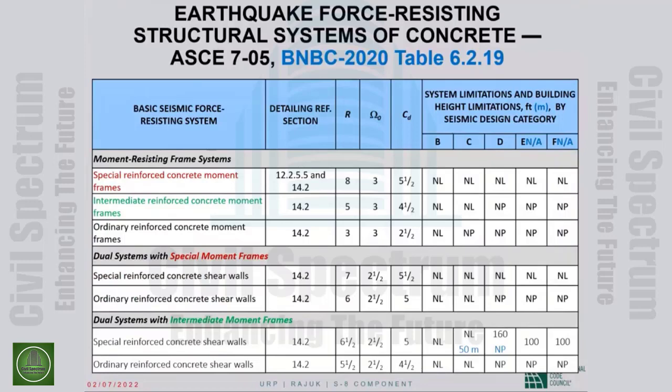Yeah. So we have the basic seismic force resisting system. The detailing reference you could actually ignore. Almost for all concrete systems, the reference is 14.2. Section 14.2 of ASCE 7 simply references ACI 318. So the detailing rules are to be found in ACI 318, and those rules I will discuss with you starting tomorrow, actually. Okay. Then the R, omega sub 0, C sub D, and then